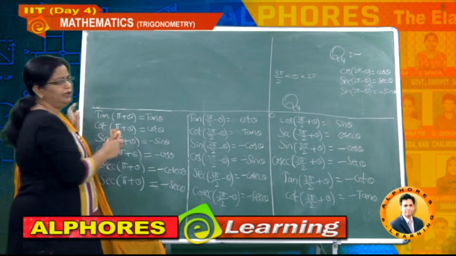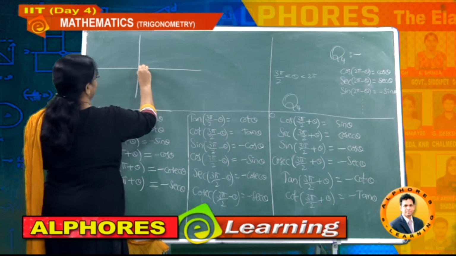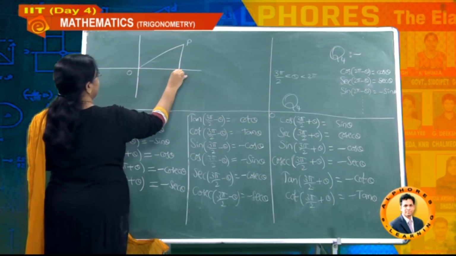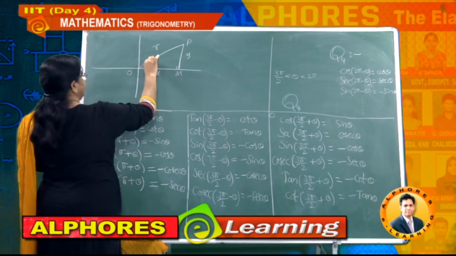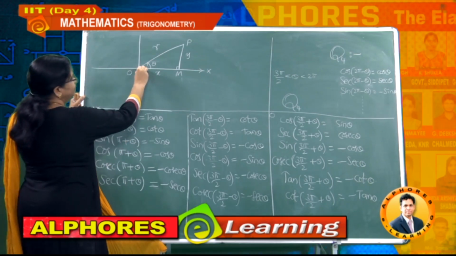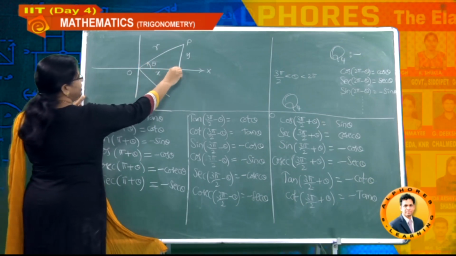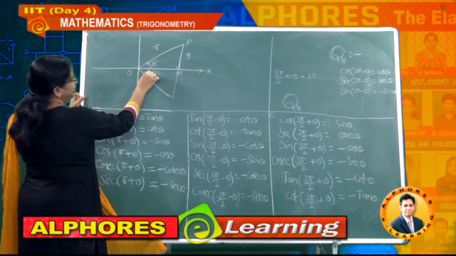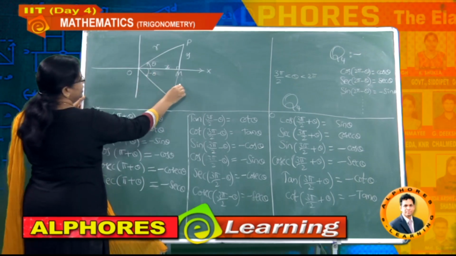Finally in the fourth quadrant, there is one more extra angle. If I draw the diagram, this one is our first quadrant, O here, this is P, and this is M, a perpendicular we have taken. This is X, Y, and this one is R, and theta we have measured in the anti-clockwise direction, right? And now the same line OP I am taking with a rotation in the clockwise direction. If I rotate in the clockwise direction, then what will happen here? Theta will now become minus theta.